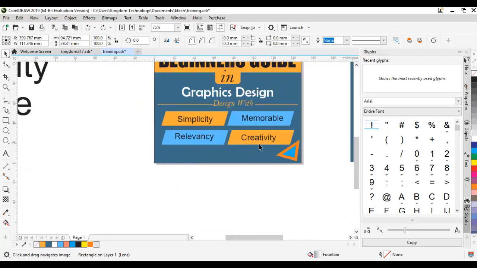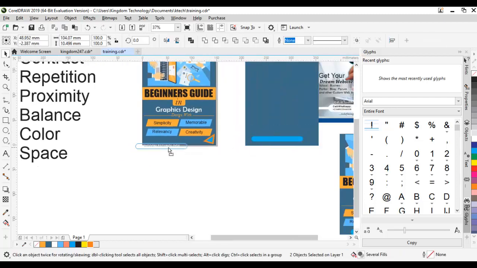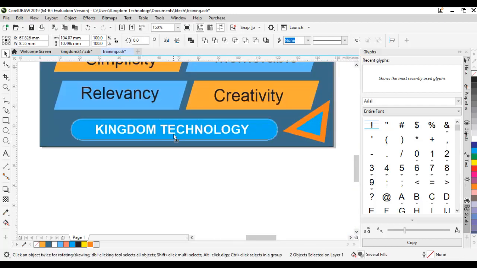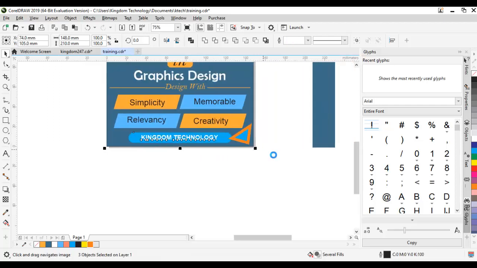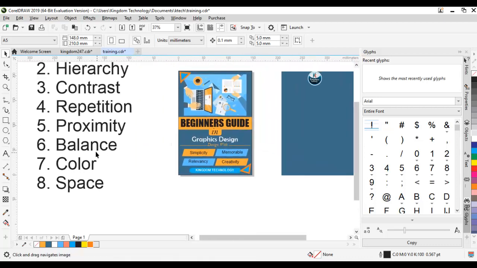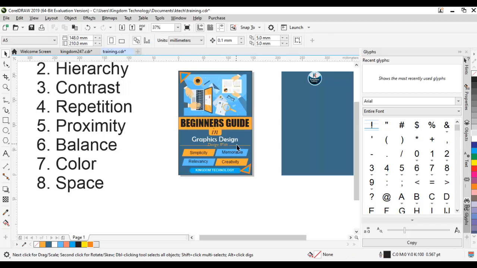So what's next now? I want to add the last thing here. So now I'll fix in something. I'll fix something here. All right, so I'll fix something now. This is talking about balance here. Now we have been talking about